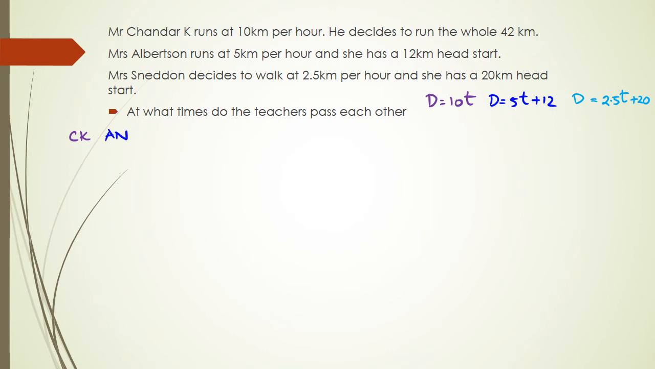So to do this, I just need to put the equations equal to each other. So you've got 10t equals 5t plus 12. And then it's just a matter of rearranging. So I've got 10t minus 5t equals 12, 5t equals 12. T equals 12 divided by 5, which is,